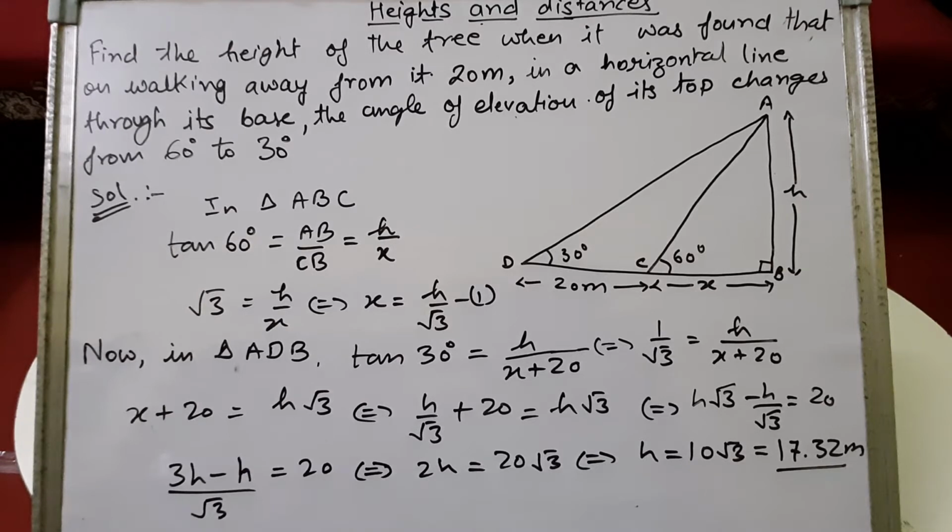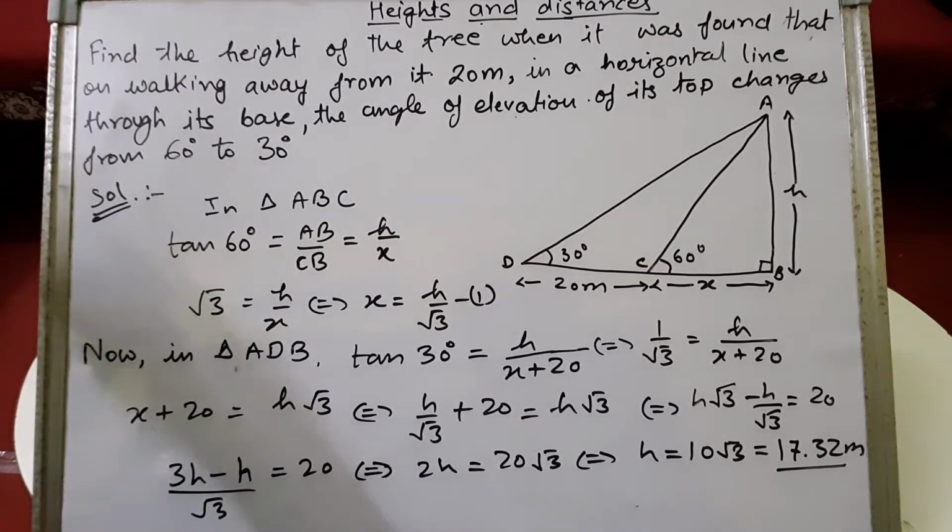The information is given in the question. First, what will we draw? We'll draw the diagram from the information. The diagram must be correct, right? And using the figure, we are going to solve and find the value of the unknown dimensions, unknown distances, right? So I have taken this sum here.